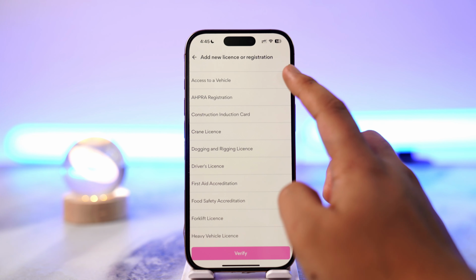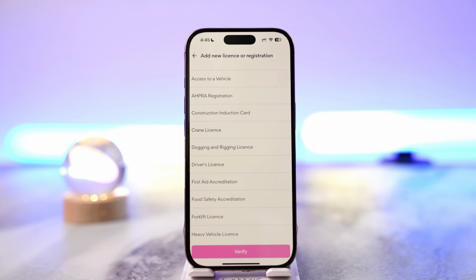Now you can select add a license or registration, like what you have, whether you have access to a vehicle, AHPRA registration, construction induction card, crane license, dogging and rigging license, driver's license, whatever else it is. Just select the type of license that you have, then tap on the verify button, then tap on start verification,